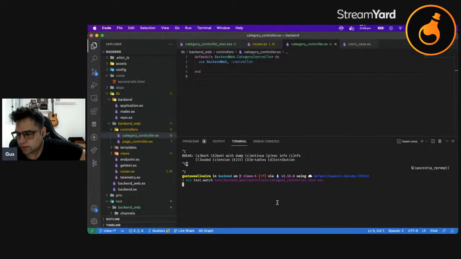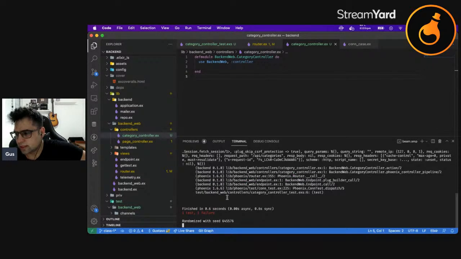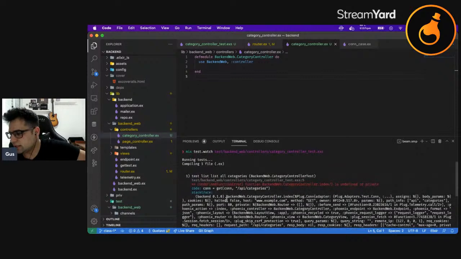This is still running. Now, as you can see, it's not complaining about our init function, but complaining about the index function. Let's create the function